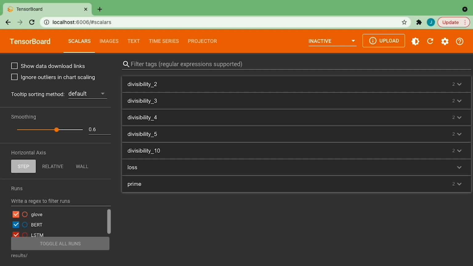All right, let's go through the TensorBoard results. First of all, you can see that there are multiple scalars. Most notably, there are accuracies of the logistic regression model when we use the integer embeddings as features, and the targets represent whether a given integer is divisible by a certain number or whether it is a prime. We only run this classifier on the first 500 integers. On the left, you can see that we have three different models: GloVe, BERT, and LSTM. And LSTM is the only one that we had to train from scratch,